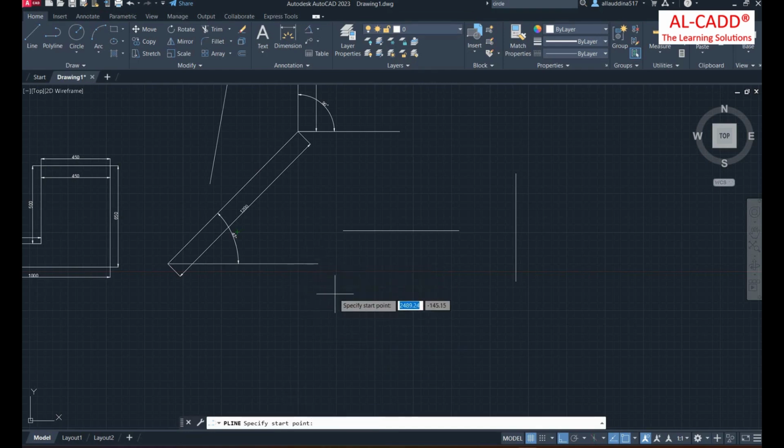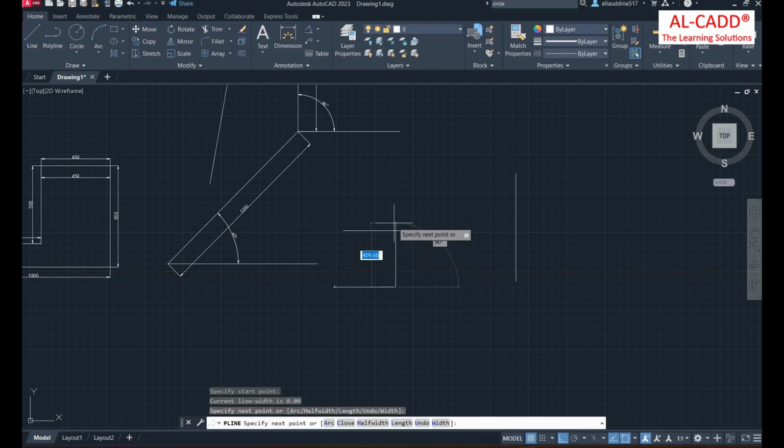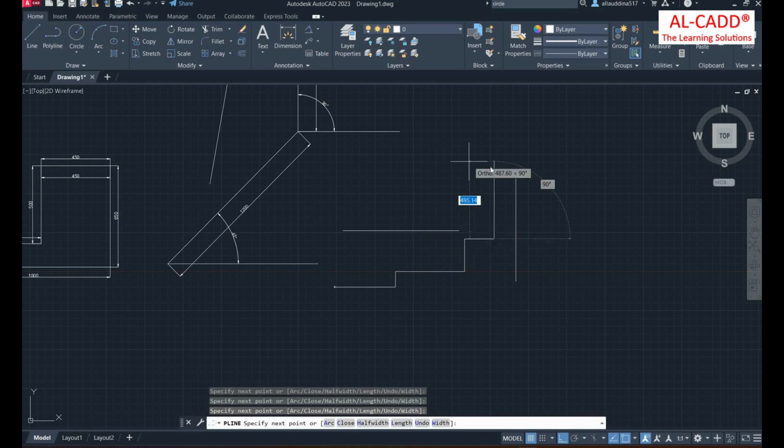So if I click on the point, it is now asking for the next point of a line. If I click on this line here, again you can continue the line at whatever length, or you can just enter the length of this line. After entering, we can create the same as a line. If I enter this, now see, if I select the line, it is selecting completely at once because it's a connected sequence